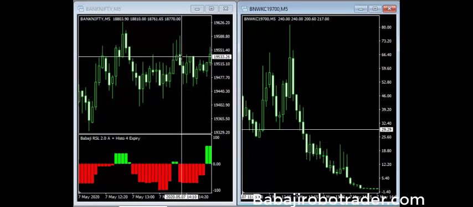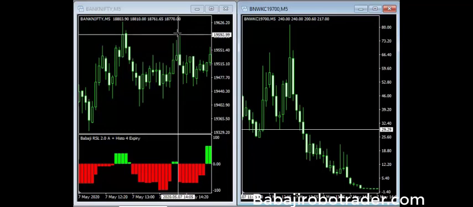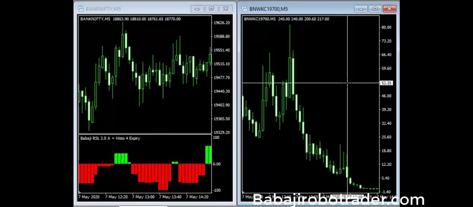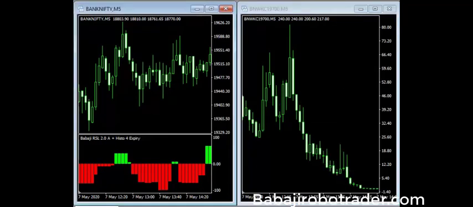But here there is no movement. If Bank Nifty had shown a huge movement, we can see from the 9 rupees, it could have gone up to 50 rupees. So let me see the last sell call.